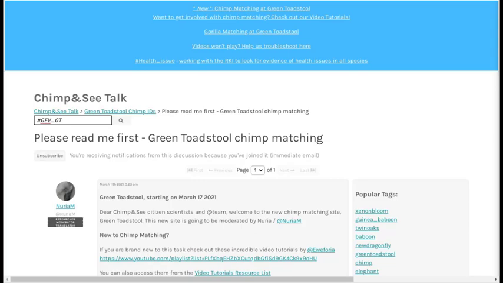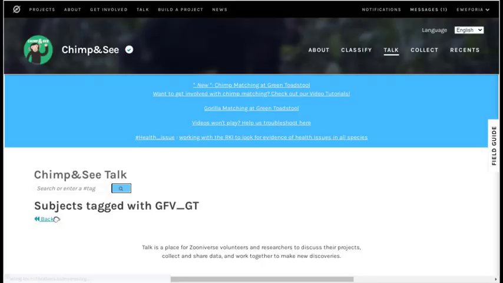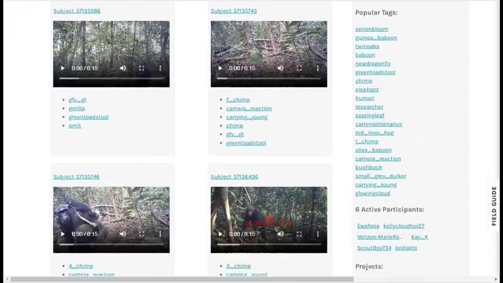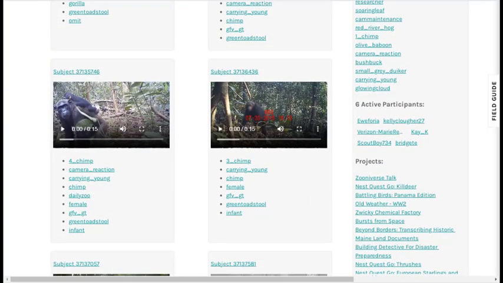This is a hashtag that is used to identify videos that contain chimps whose face is clearly visible. A good face view will help us distinguish this chimp from chimps in other videos. Make sure you include the hashtag in front of the GFV. Click Return. Here's the list of search results containing all of the videos that have been tagged